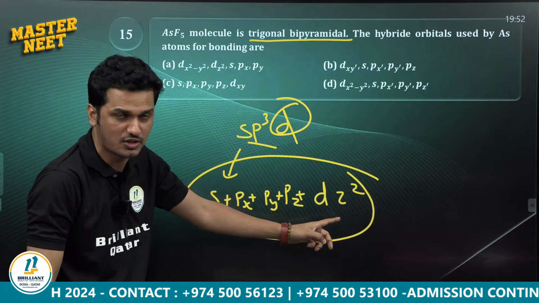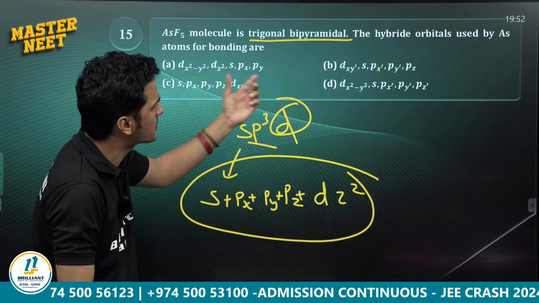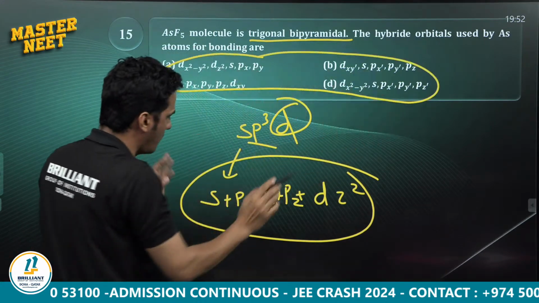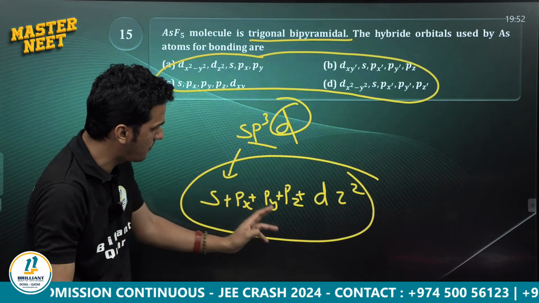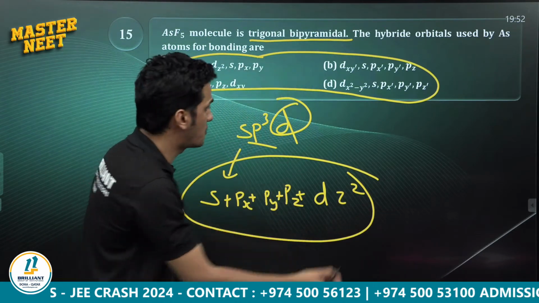We are mixing dz square. So s, px, py, pz, dz square. I hope that option is not there, so that's a wrong question here. This is the thing: s, px, py, pz, dz square. Okay, ready? If it is sp3d2,